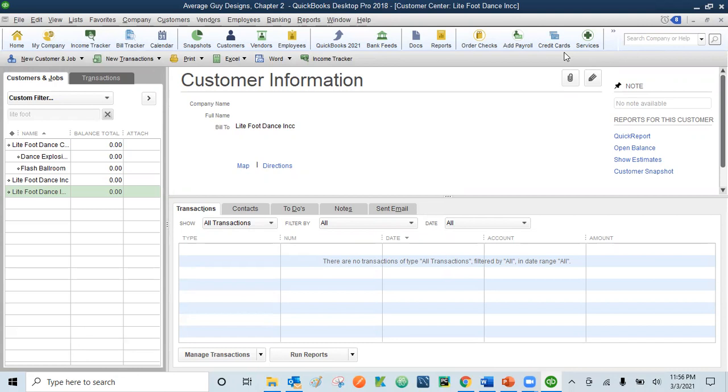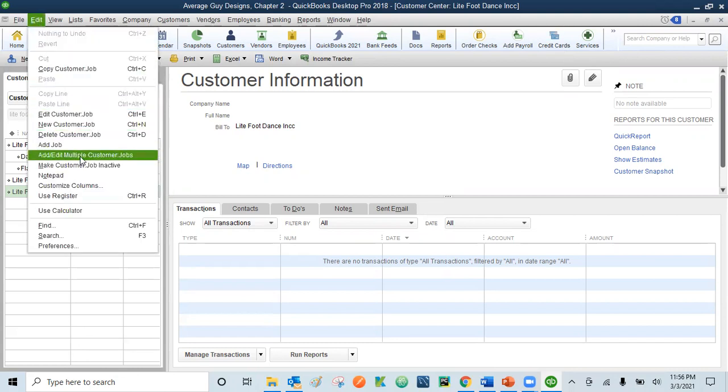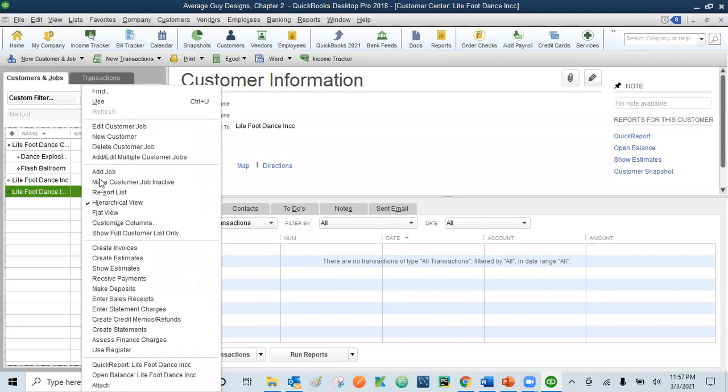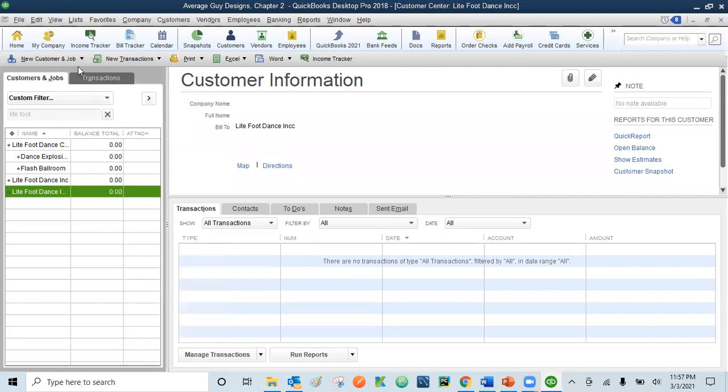Let's say you want to create multiple customers. Again, the same thing, you can click the edit button, and then you see the button here, add or edit multiple customers. You can also do the same thing from the right click. Just make sure that any of the names of the customers is highlighted, and if you right click, then you can see here add or edit multiple customers. You can click this button and you'll be in the same place. You can also go to this tab, new customers and job. If you click it, it will tell you add multiple customers. So once you click this button,